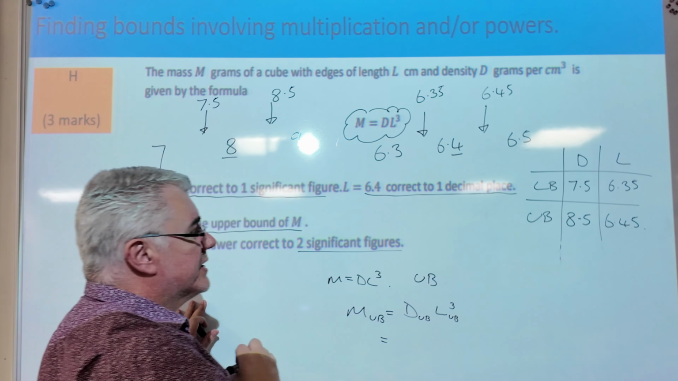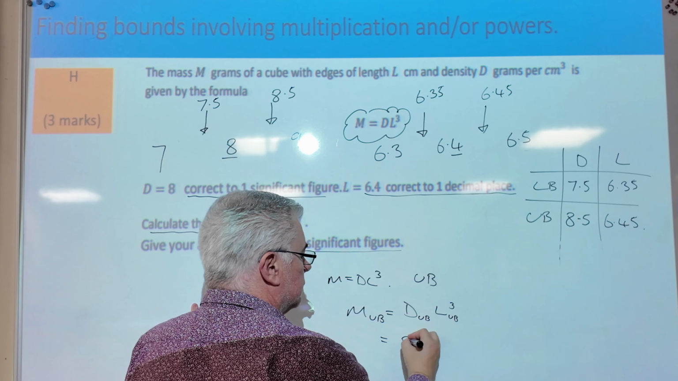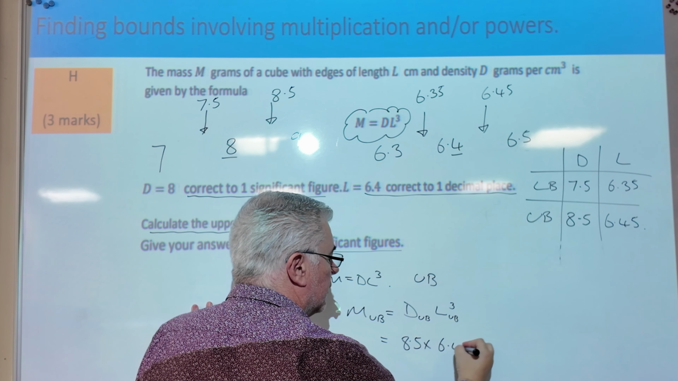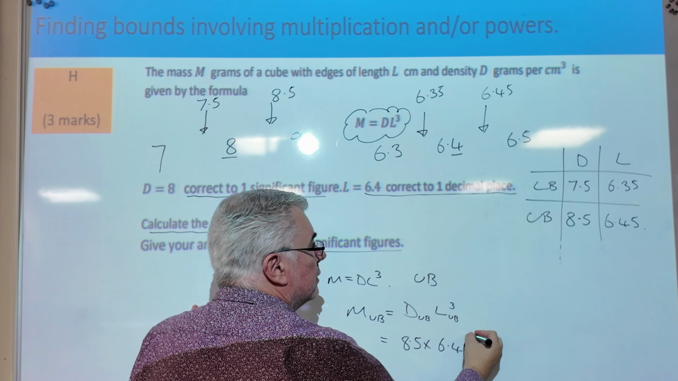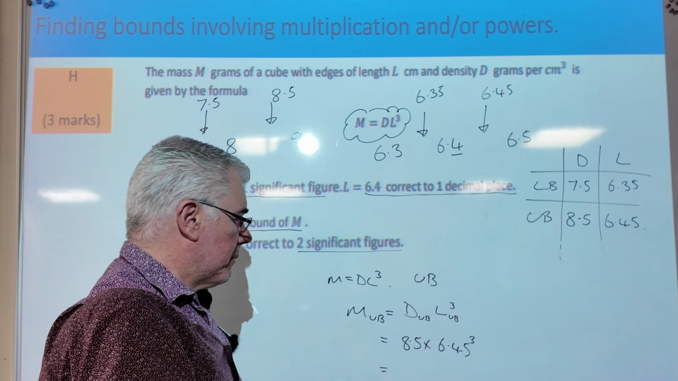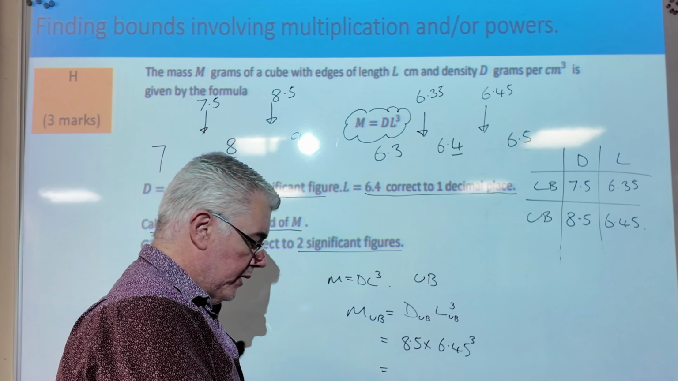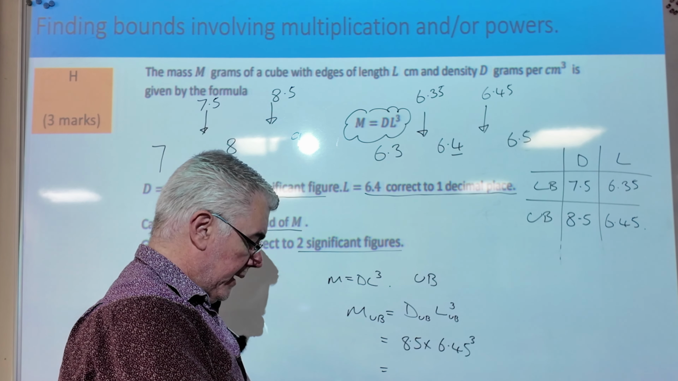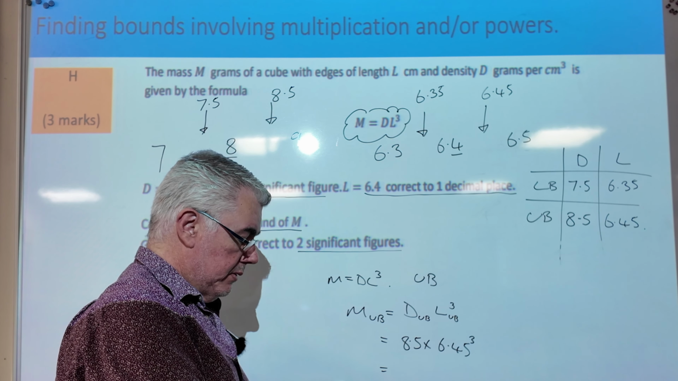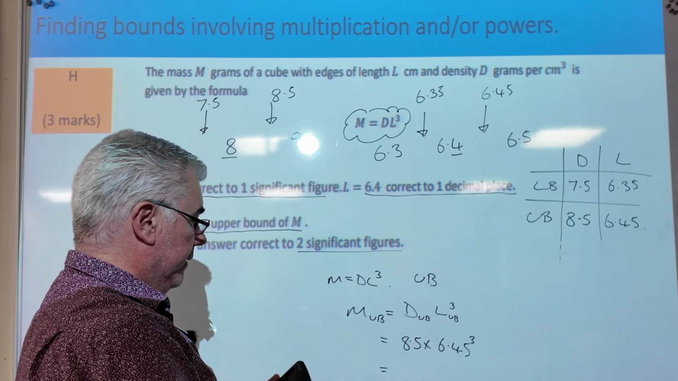So I want D to be the upper bound, and I want L to be the upper bound. Remember that L is cubed. I'm going to quickly get out my calculator and work this out. 8.5 multiplied by 6.45 to the power 3 gives me